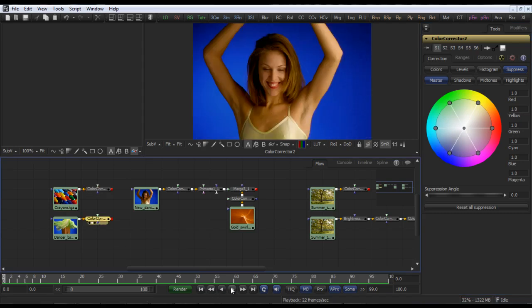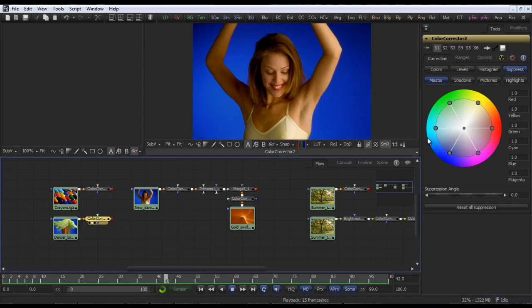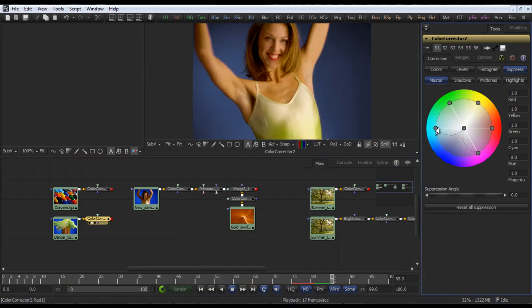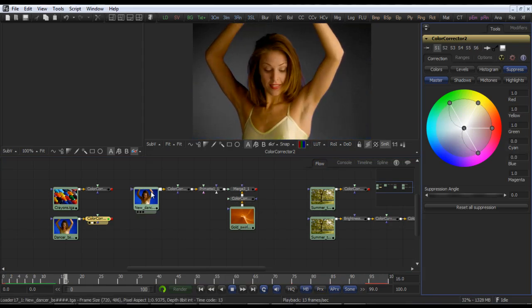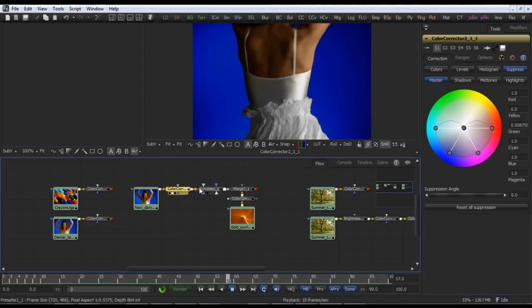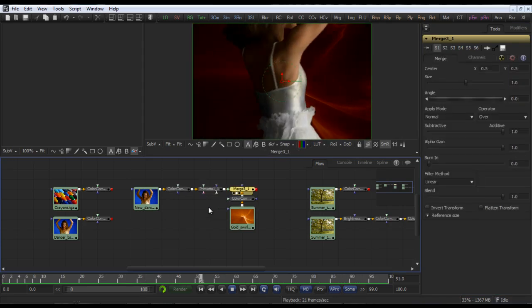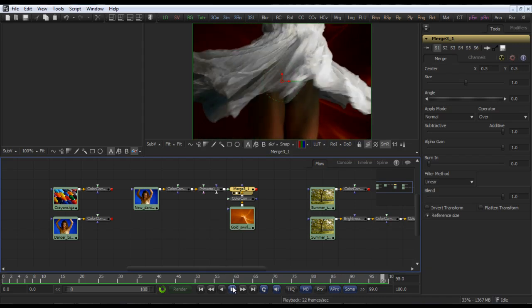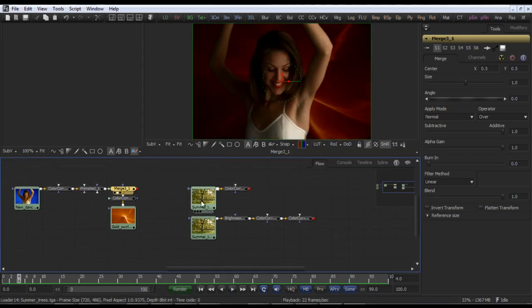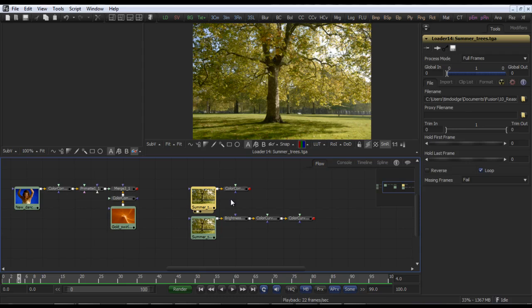And that of course is incredibly useful with a blue or a green screen, where before keying you may want to suppress all of the blue or green in the shot. Again, I can simply suppress all that, ready for keying, and you can see the result of that here in the final comp. Another example which is quite common is the ability to color correct a shot in order to,